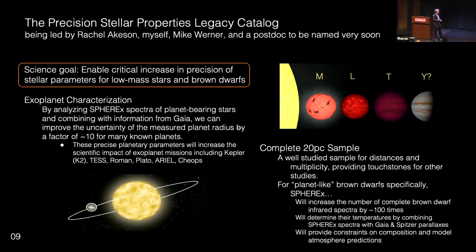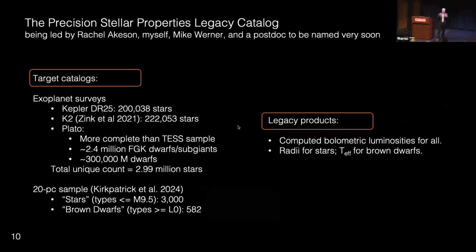And the science goal here is to actually enable a critical increase in the precision of stellar parameters for low-mass stars and brown dwarfs. And for this group of people here in attendance at this conference, it's really to increase the precision of parameters for your exoplanets. And I'll talk a little bit more about that here. This is a very wordy slide, which I think I'm going to skip in the interest of time, and I'll go directly to the next one to talk about what we're actually doing, how we're building these catalogs for this